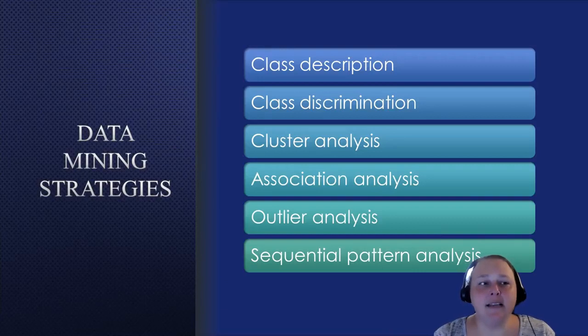And sequential patterns is, is there a pattern of if they go to website A, they go to website B, and then they eventually go to website C. So it's looking across the board at that data to see and hopefully predict what these people and these users